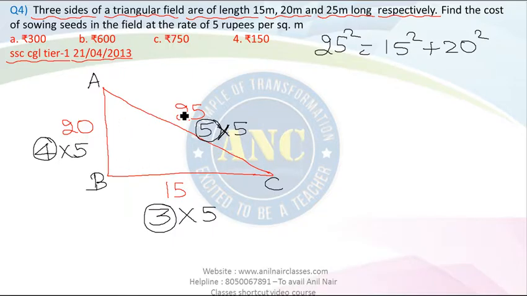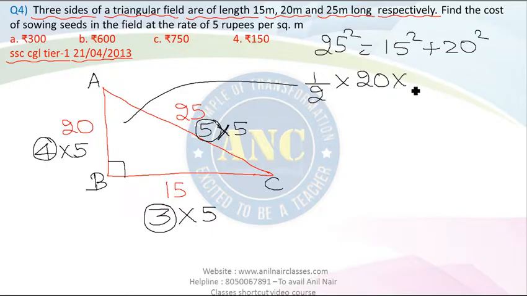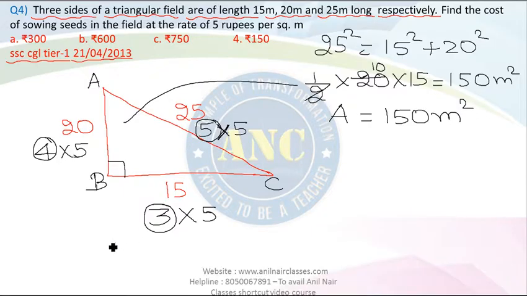So 15, 20, 25 are derived Pythagorean triplets. Therefore, ABC is a right angle triangle. That means, if I want to find the area, it is half into base into height, half into 20 into 15. Half into 20 is 10, so it is 15 into 10, it is 150 meter square. So the total area of this triangular field is 150 meter square, but the question is, they want to sow some